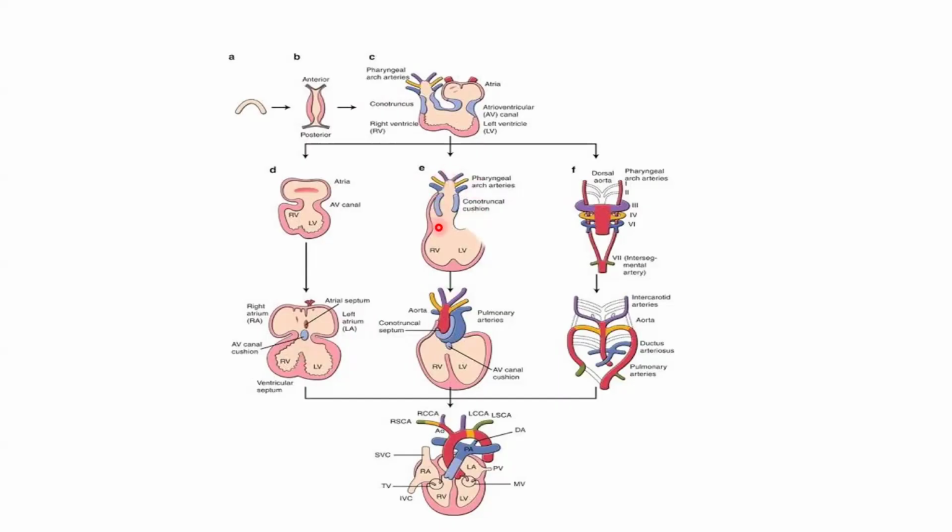Then there's the septation of the truncus arteriosus in a spiral manner to form the pulmonary artery, which is anterior and to the left, and the aorta, which is posterior to the right. Okay, and with that completes the septation of the ventricles and the truncus arteriosus into the aorta and the pulmonary